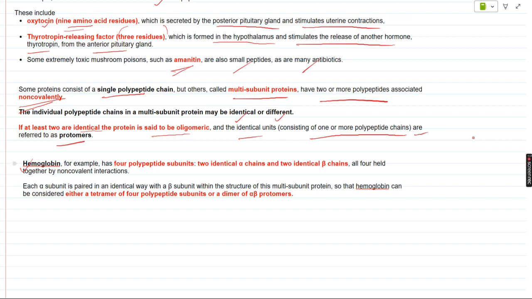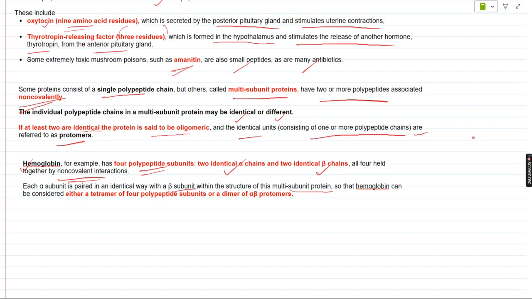So, for example, it has four polypeptide subunits, of which two are identical alpha chains and two are identical beta chains, and all four are held together by non-covalent interactions. Remember, these are not covalent. So, each alpha subunit is paired in an identical way with a beta subunit within the structure of this multi-subunit